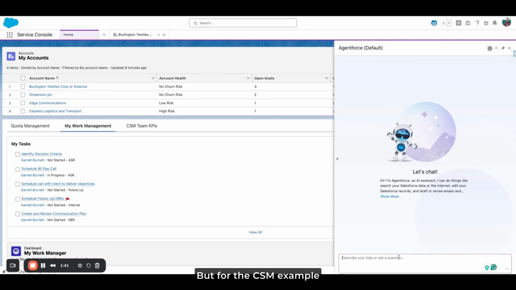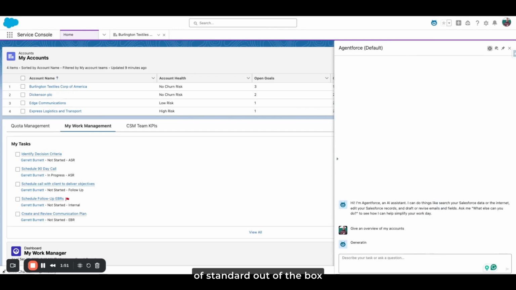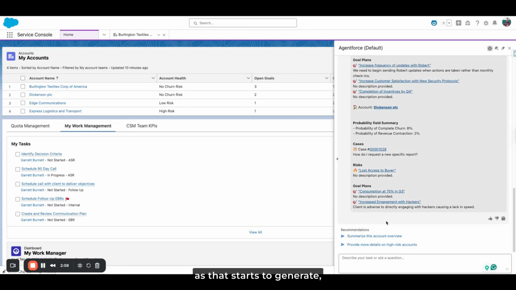But for the CSM example, we say something like, give me an overview of my accounts. This is where there's a lot of standard out-of-the-box things, but there's also custom prompts. And we'll see this is a custom prompt I've tailored for CSMs to get a quick view of their book of business and what they're responsible for. Okay, we'll see as that starts to generate,